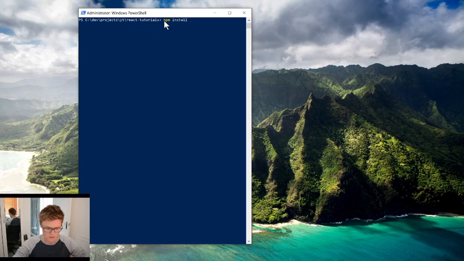npm install npx. I've already got it installed, so it should come back and tell me that. We just give it a second. Okay, once you've got npx, just do npx create-react-app, and we're going to call it tic-tac-toe,